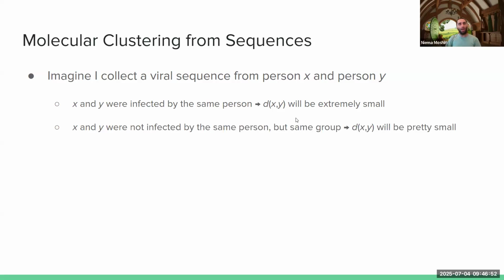If X and Y were not infected from the same person, but they were still infected from the same kind of general group of transmissions, their pairwise distance, the number of mutations between their viral genomes, is going to be pretty small. Not as small as the first case, but still pretty small. And then if X and Y were infected from completely unrelated sources,